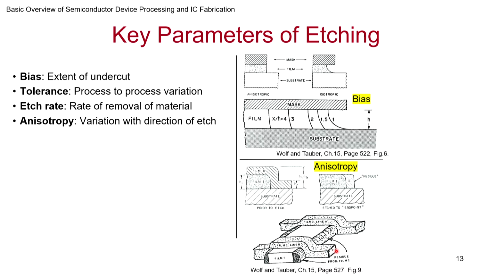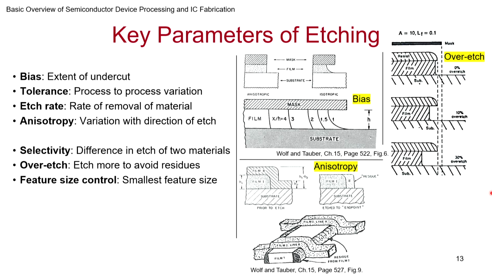So wherever in the corners where more amount was there, they won't get etched. So you will find that in these regions, the two edges, they remain. And this is what anisotropy is, and in all etch processes we want to know what the anisotropy is. Is it directional, or does it etch in all directions?